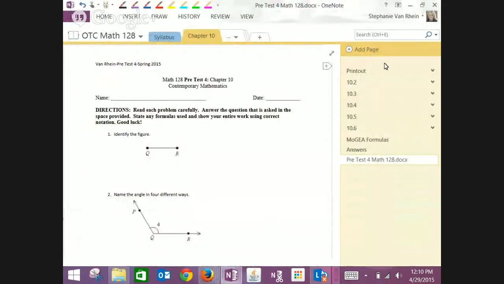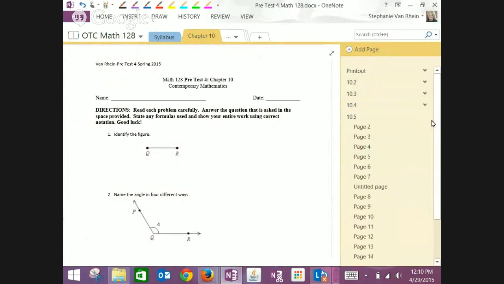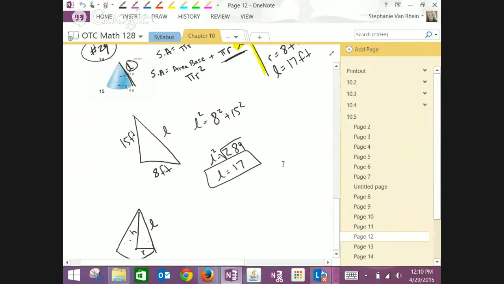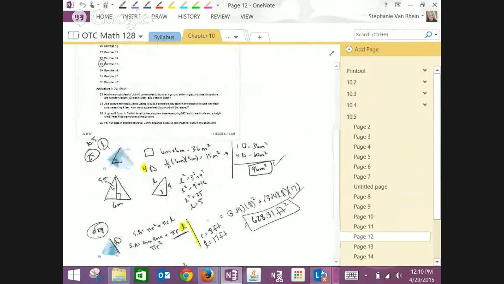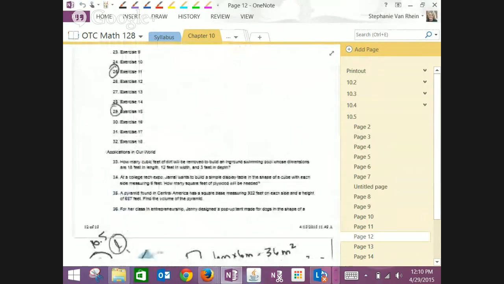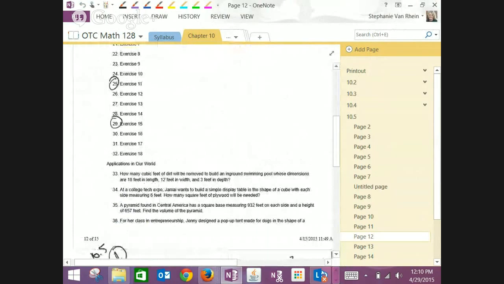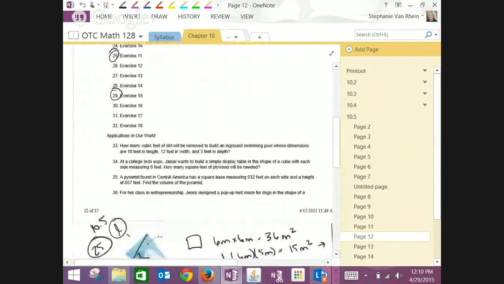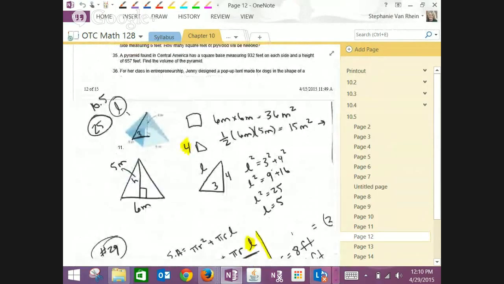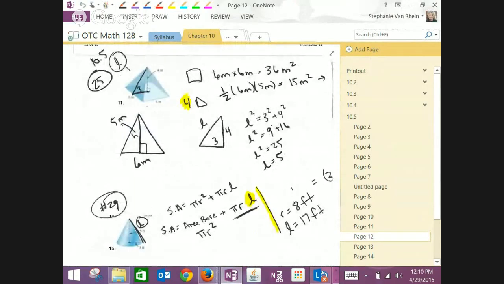Question. For 10-5, you gave us a list of surface area stuff, but on number 25 and 29, they're triangles. So last time someone asked this exact question for 25 and 29, and we're looking for surface area. Looking at the figure from before, we have to find surface area and we have to come up with lateral height. The surface area formulas, which weren't given but were in your book, for these shapes are